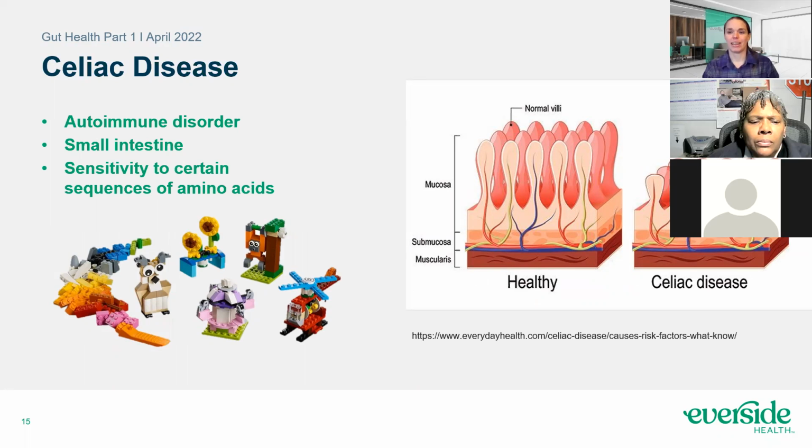Celiac disease is a hot topic for a lot of people, or has been at least recently. It's an autoimmune disorder. So when you think of autoimmune disorders, think about the body attacking itself, kind of like type 1 diabetes or rheumatoid arthritis. We'll talk about a couple others, thyroid disease. So the body is attacking itself for some reason. And celiac is fairly common. It happens in 1 in every 133 people.